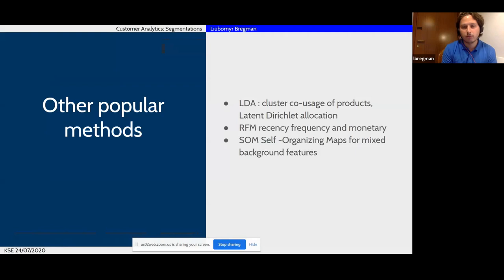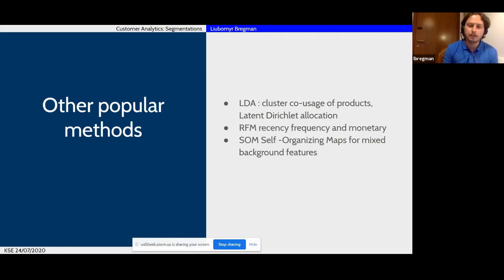It's especially useful for mixed background features, because I don't know if you noticed, but all of the features we were talking about so far were numerical. And you know that in real life, some data is not numerical. There is time, there are categories.